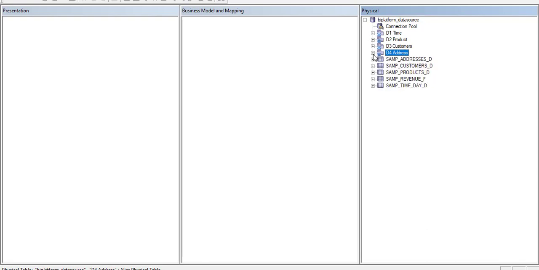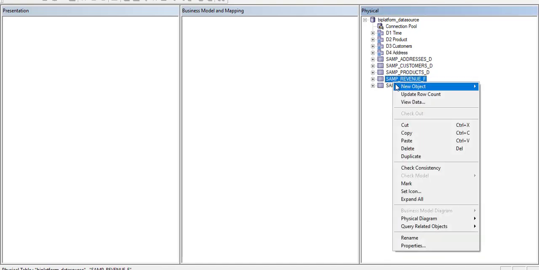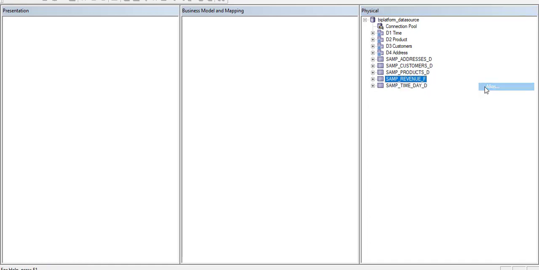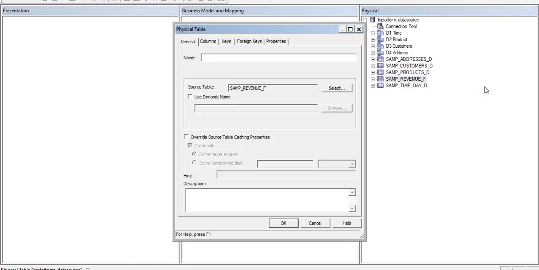guys, I am assigning D for D. I'm assigning revenue for alias. I'm assigning the name F1 revenue. You can see I'm assigning the name F1 revenue. F1 revenue. Okay,